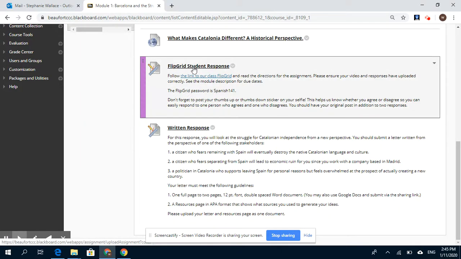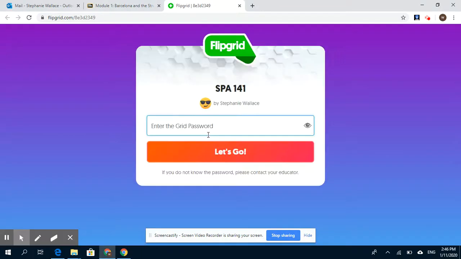So these units are just for consistency. They're all very similar. They all have a Flipgrid assignment and they all have a written response assignment. So again, one is more interactive and then one is you alone getting a chance in written form to show me what you've learned and to synthesize the information. So for Flipgrid, this is the link to our Flipgrid course. And then I give you the password here, which is Spanish 141. So if I follow the link and then I'm going to type in the password,